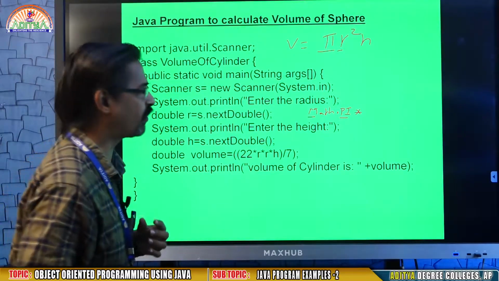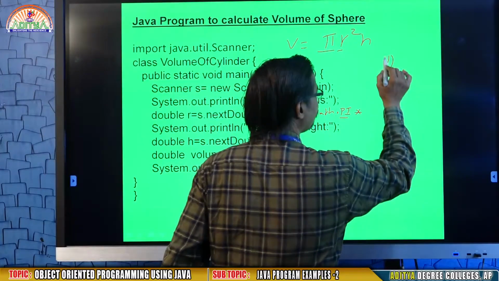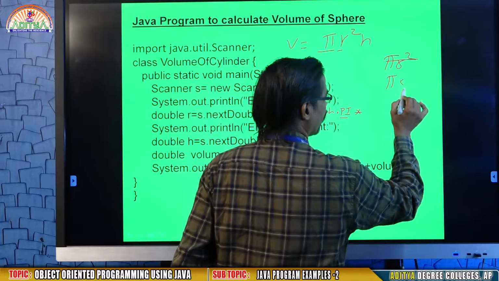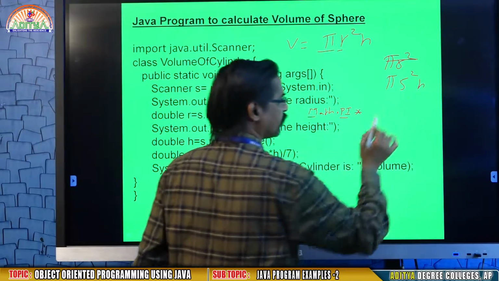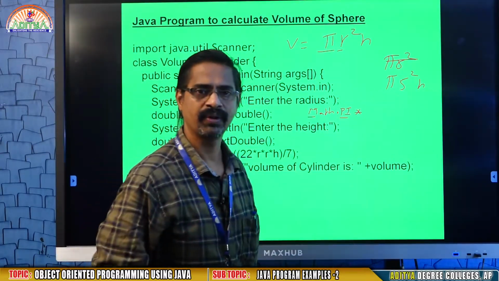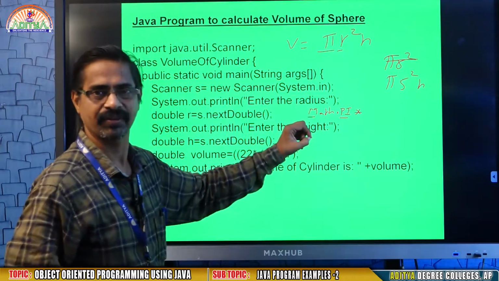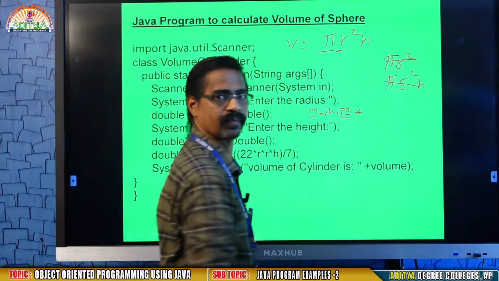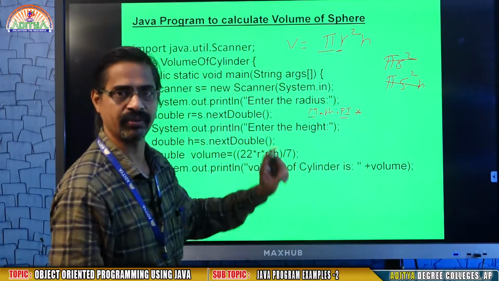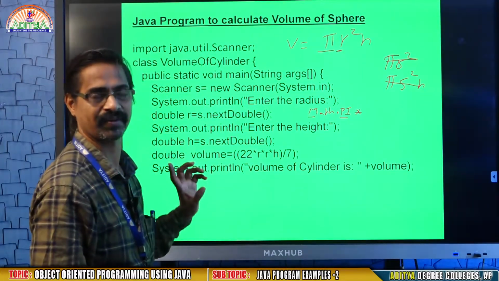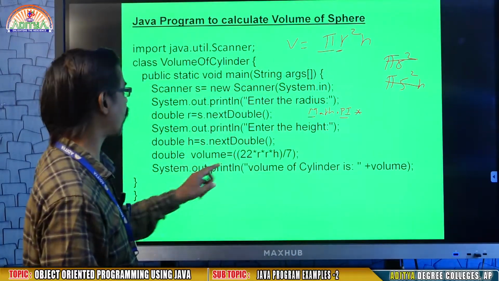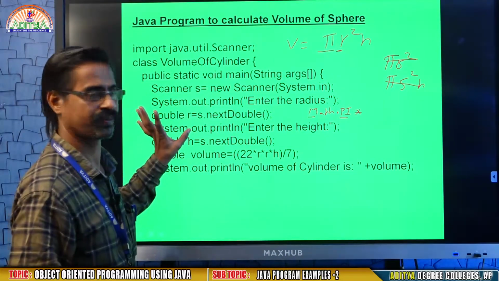If I am going to give you pi 5 square h, that means always the radius is 5. A real program will not be like this. A real program always takes different values like r. So you need to read the r value. For reading the r value, you require a scanner. This belongs to radius, that's why you declare r as a double or float.